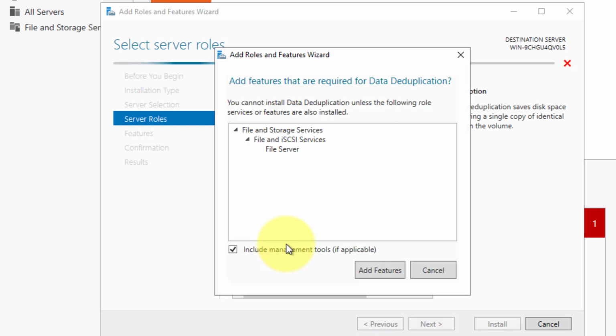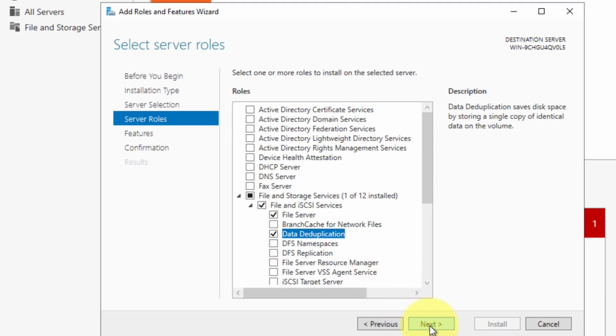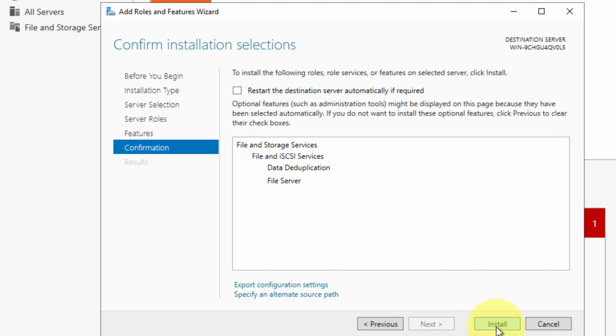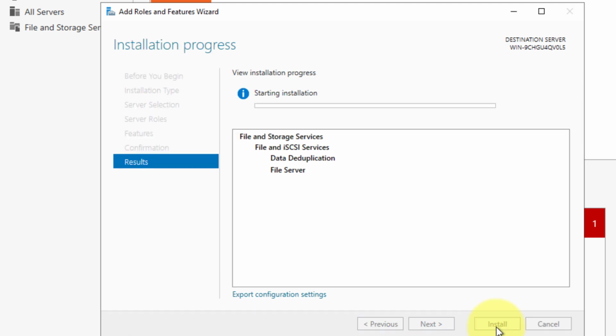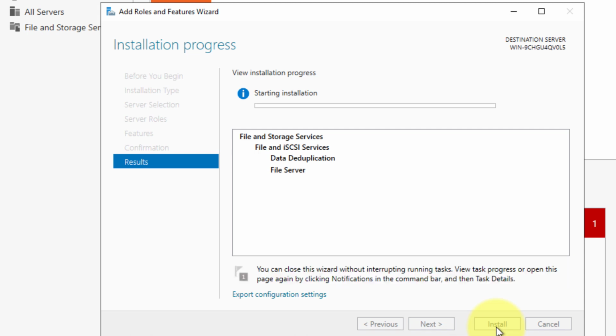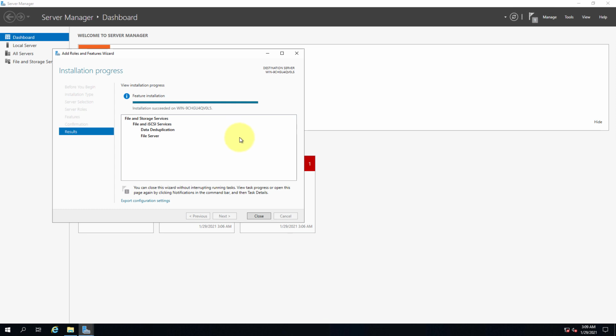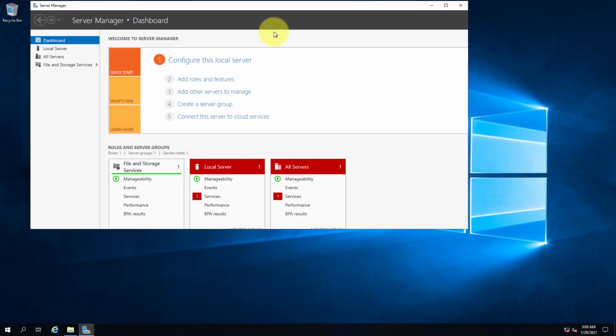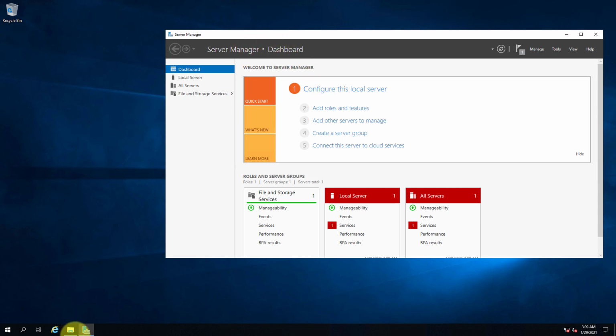I'll tick this, click Add Features, click next, next and install. Now you can see the installation has succeeded. I'll click on close, and before I start the configuration, let me show you my partition.